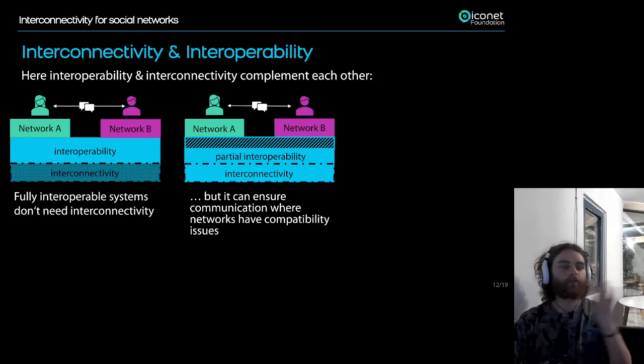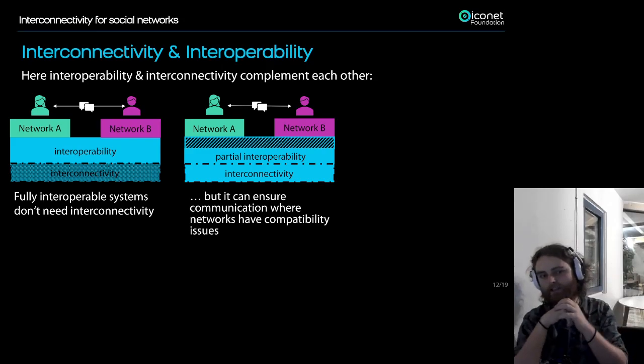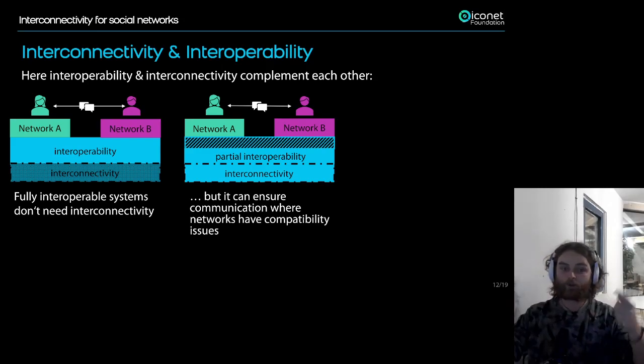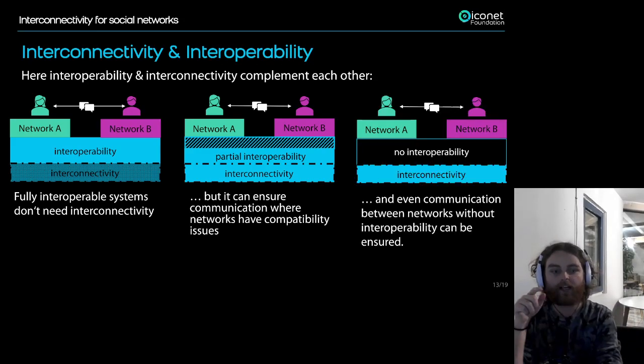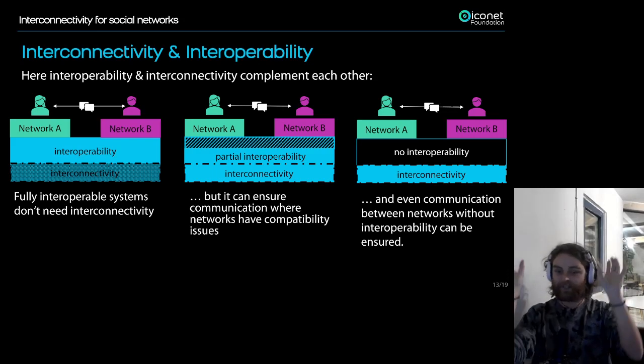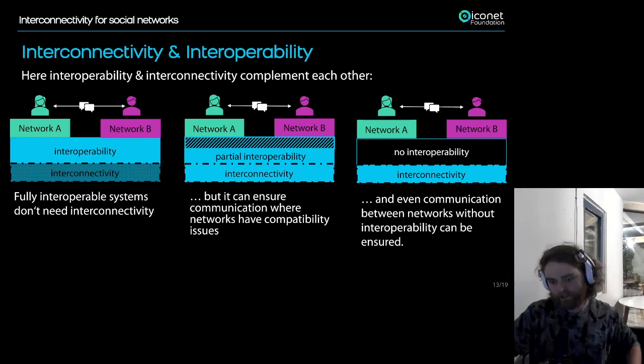If networks are fully interoperable, they don't need the interconnectivity. If you have partial interoperability, you can use that, but also ensure full communication through interconnectivity. And once you do this, you get for free that even networks that share no interoperability can ensure full communication.